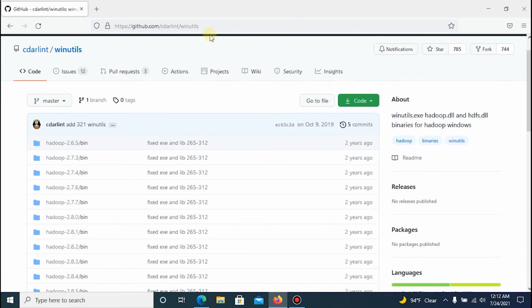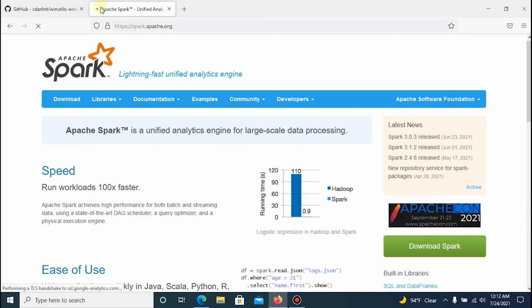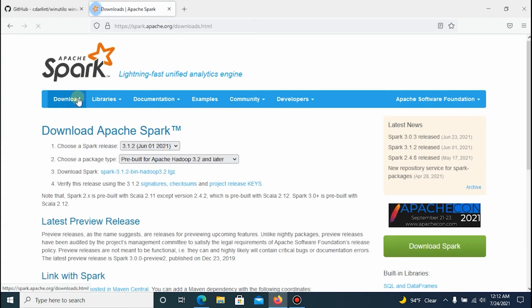If you remember, for installing Spark, we used this package, Apache Hadoop 3.2.